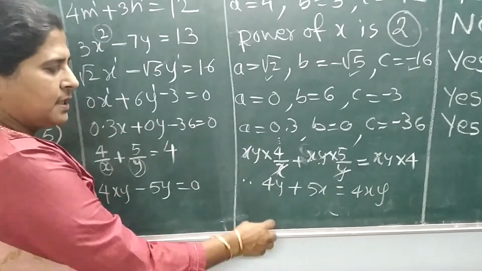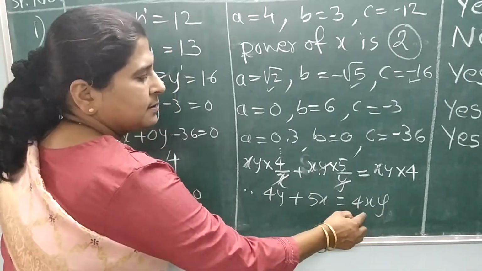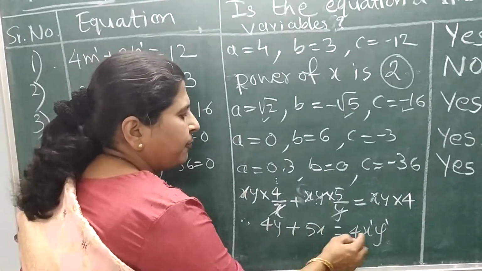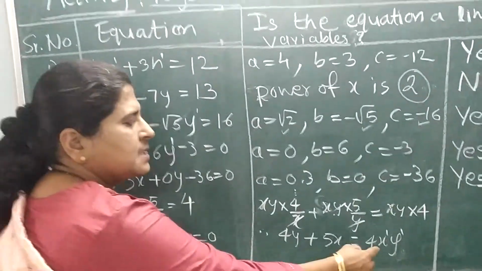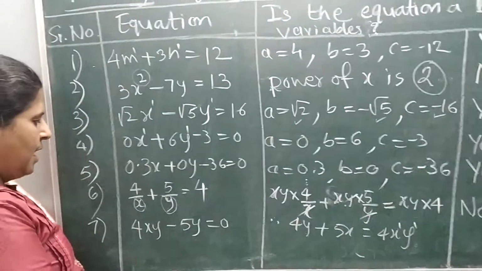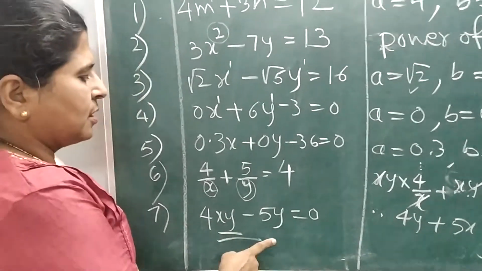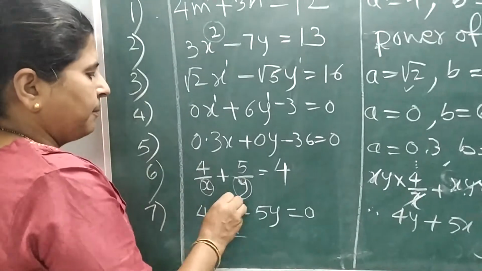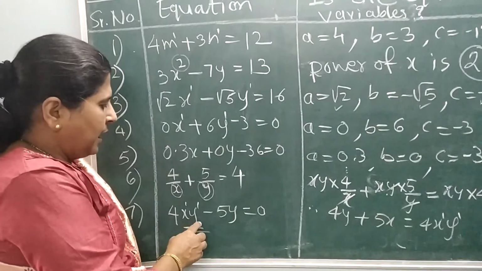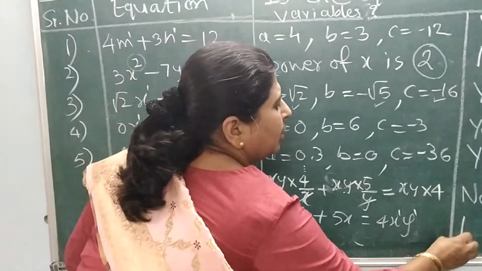Now if you observe, this y has power 1, x has power 1, but here on the right side, the term is xy where the power is 1 plus 1. So the degree of this term becomes 2. As this degree is 2, this is not a linear equation. And the last one, if you observe 4xy, here only we got such a term xy, where the powers of the variables x and y are 1 and 1, total 2. Its degree has become 2, not 1, and therefore this equation is also no, it is not a linear equation.